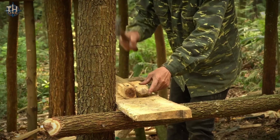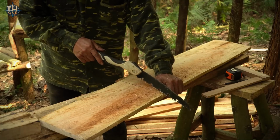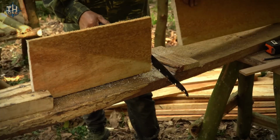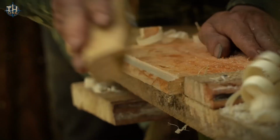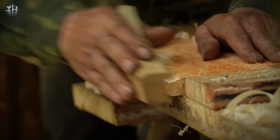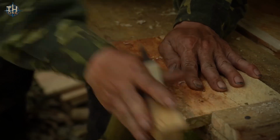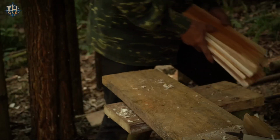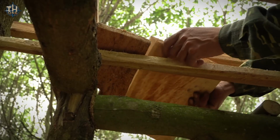As the sun rose, he resumed his work with renewed energy. He began by measuring the wooden pieces he had cut the night before, ensuring they were all uniform in size. With precision, he sawed the pieces into equal dimensions, taking care to maintain clean, straight edges. After cutting, he meticulously smoothed the edges of each plank with his chisel, creating a seamless fit for when they would be placed together. Bringing the freshly prepared pieces with him,